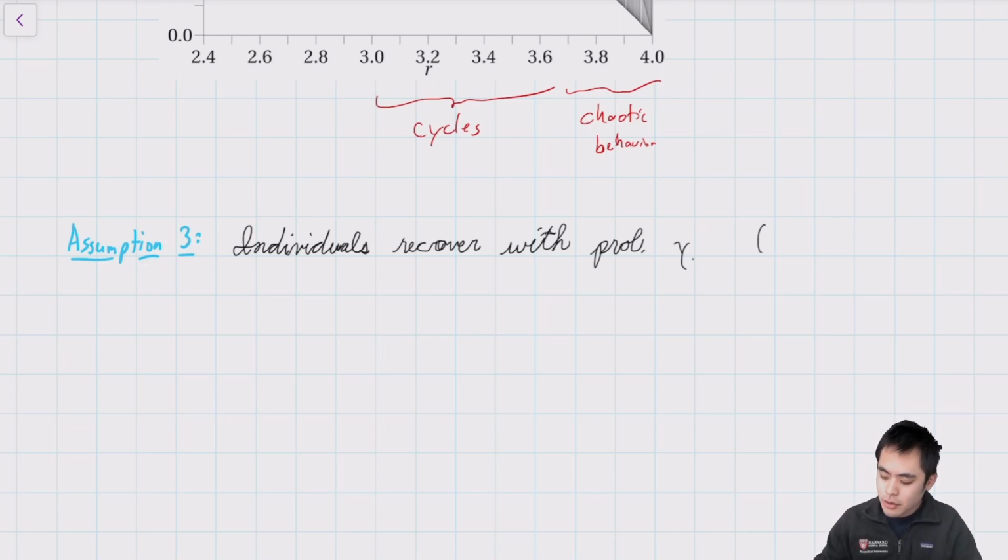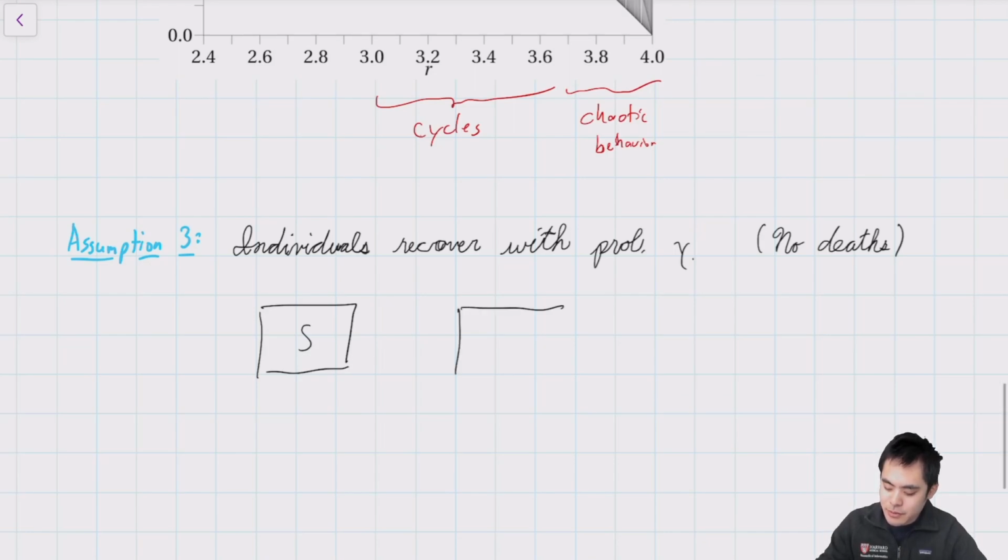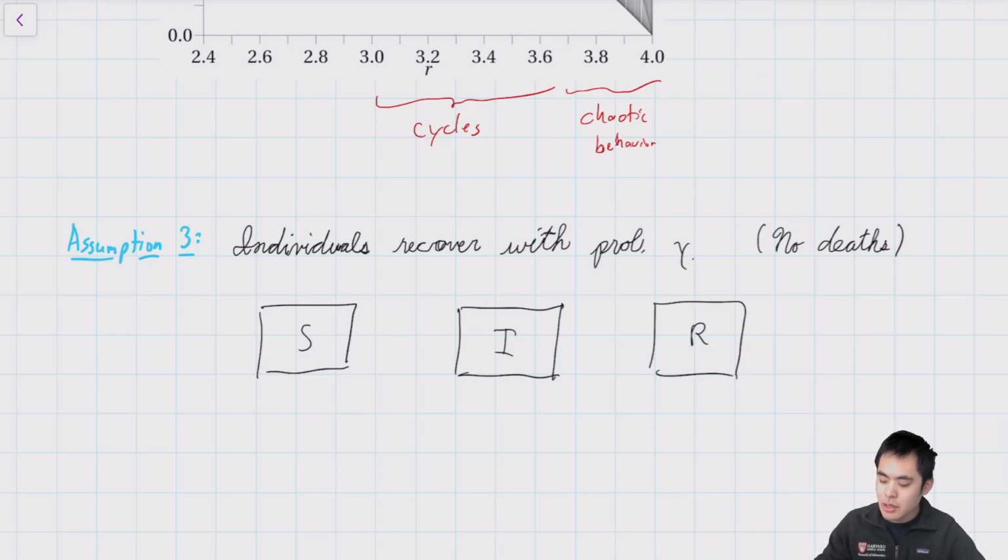And we're going to assume for now that there are no deaths. So individuals recover, and then they're no longer infected. So this is going to be, and I'm going to draw this in compartments. So we have S for susceptible individuals, we have I for infected individuals, and we have R for recovered individuals. And for the purposes of this model, we're going to assume that once you've recovered, you can't become infected again. There are other models where you don't make that assumption, but here we have a